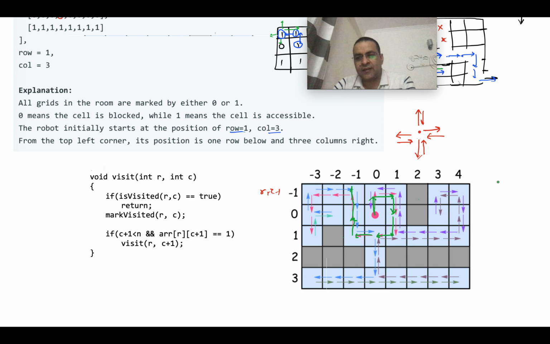If you make a right turn, then you are actually looking at the bottom, looking below. So they are saying turn right and look at the cell in front of you. If that cell is either blocked or visited, then again turn right and look at the cell in front of you. If that cell is either visited or blocked, then again turn right and look at the cell in front of you. When you are turning right 3 times, essentially you are turning left.